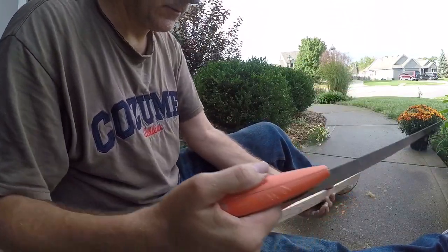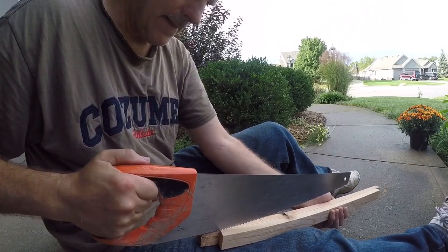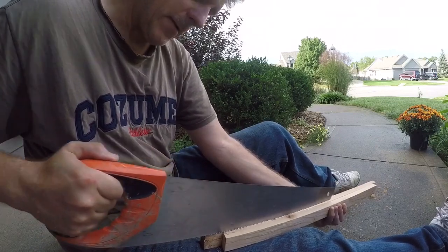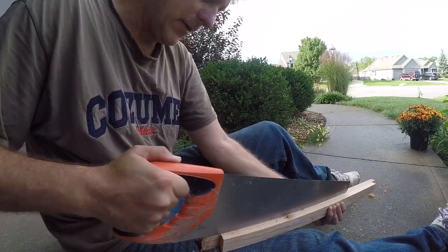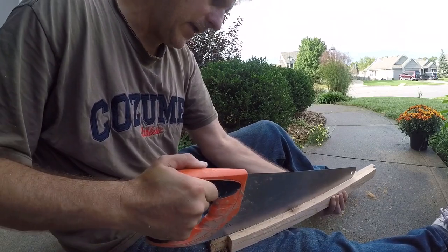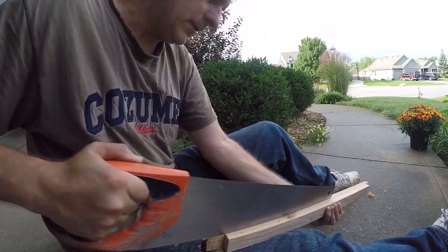And so now I'm going to start the other side, the other half of the cut. If you had a router or a Dremel or a circular saw, or best of all a table saw, this would be way easier and way faster. But this at least shows that you can do it with just bare basic tools,